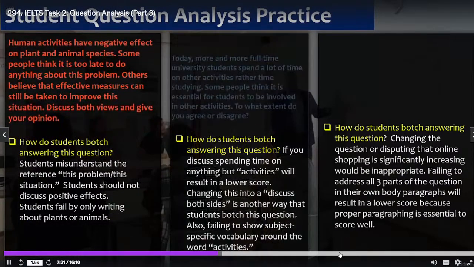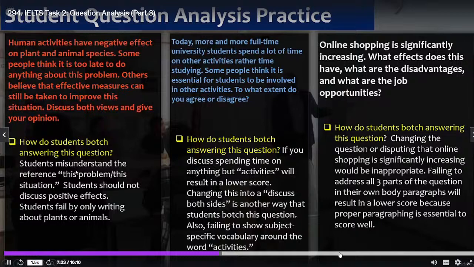How do students mess up the question? For our first one, not understanding the reference of this problem in this situation that we're